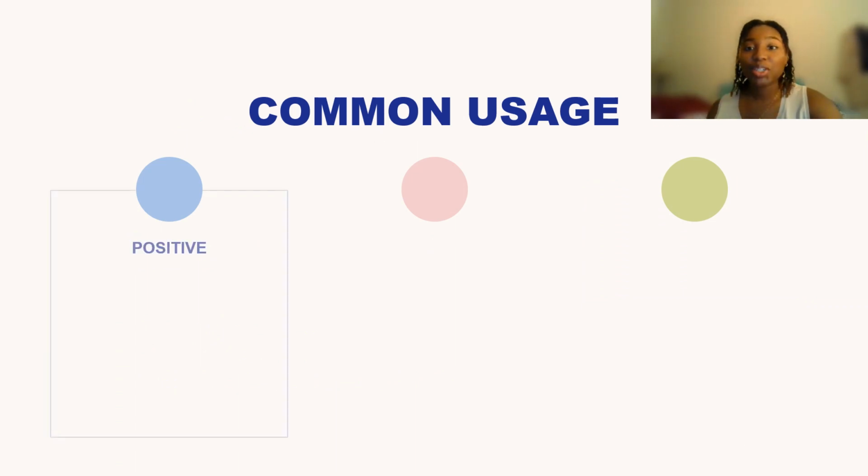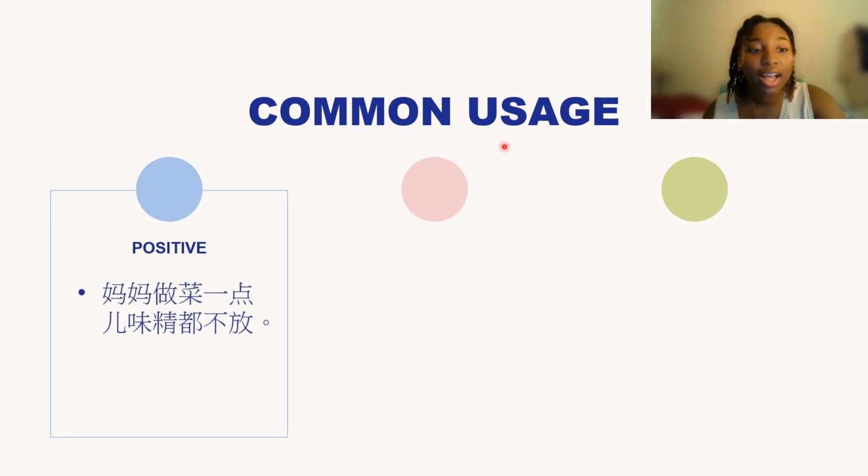Alright, so let's look at some common usages and some examples. 你们书里面有一句话说，妈妈做菜一点味精都不放。味精你们记得是什么吗? Do you remember what 味精 is? It's that MSG, right? So you can use that to describe positive things. So connotation-wise, the structure can be used positively. In my opinion, 妈妈做菜, when mother's making food, 一点味精都不放. She doesn't put any 味精. That's a good thing, in my opinion. And if it's coming from the speaker's perspective, and that's a good thing, then yes, you can use this for that.